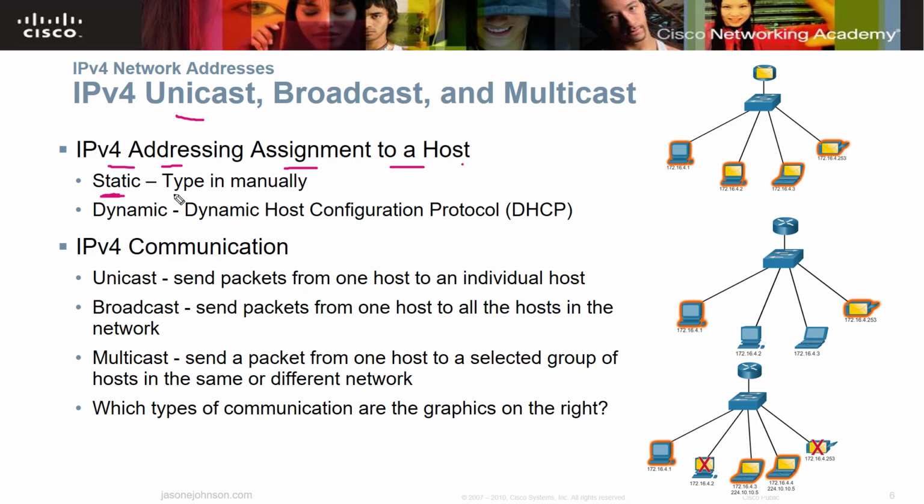So a static IP address, you type that in manually. You're going to go in and type in something like 172.16.4.1, and we have to go into each machine and type those in. I used to do that back in the early days when I was first working with networks, back in 1997, 1998. I had a spreadsheet with all the host IDs, the computers, and all their IP addresses, and I had to go and assign them to each computer. And if I messed up,